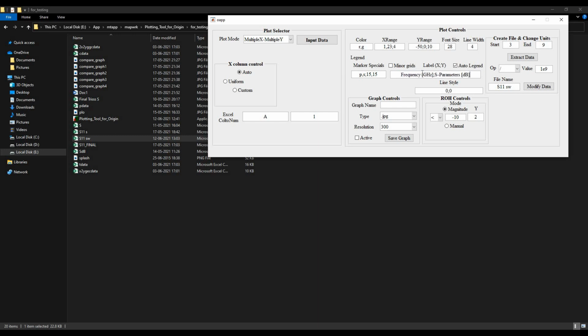Yes. And this line style indicates whether you would like to plot the data as solid or dotted format or in the dot-dash format. There are 0, 1, 2, 3. These are the typical values that you can enter in this field. Suppose you enter a 4, it will indicate the range of values to be entered in this box as 0, 1, 2, 3. So I am going with 0 and 3. Measured data will be displayed in a dashed format,